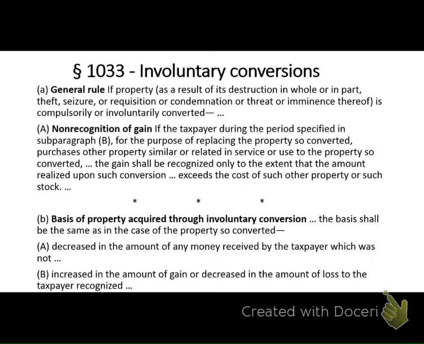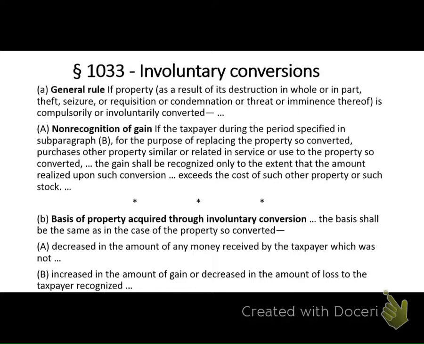Now, what if I had a property, my same $500,000 house? What if I had an adjusted basis in that property of $490,000, right? If I had an adjusted basis of $490,000 and a fair market value of $500,000, I only had $10,000 of gain in there. The insurance company gives me a check for $500,000. I go and reinvest it into a house that is similar or related in service or use, and the new property that I purchased with it, what is it? It's $480,000, right?